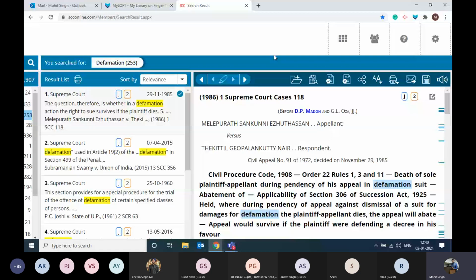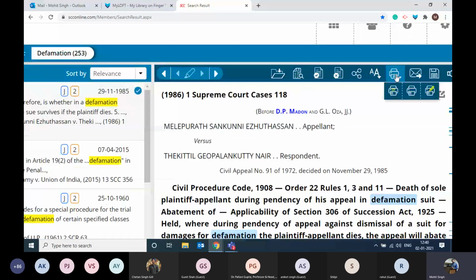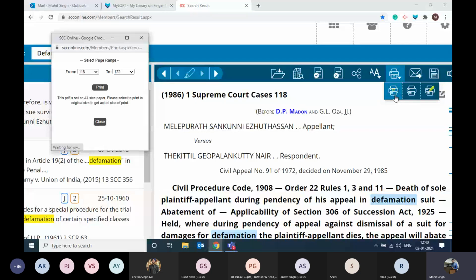The moment head notes have been made and the judgment has been published in SCC Online journals, you can see the head note over here, and you will also see another type of print document called the true printout. So the true printout will only appear in those documents in which head notes are present, right?